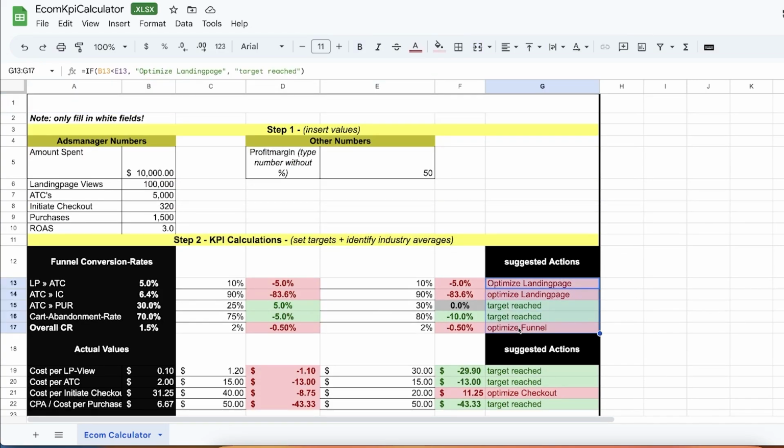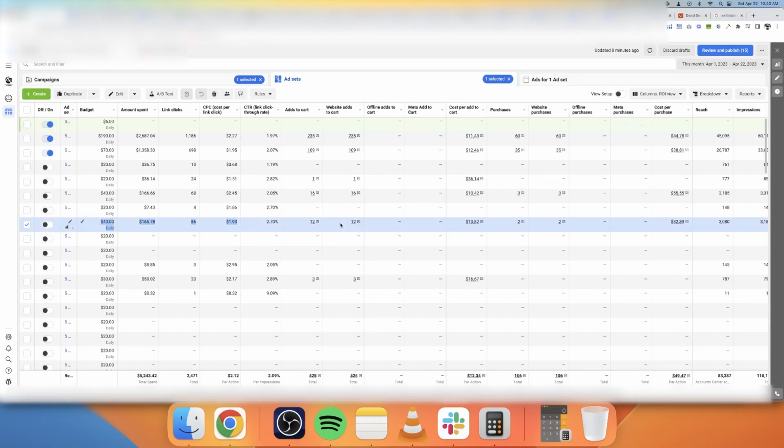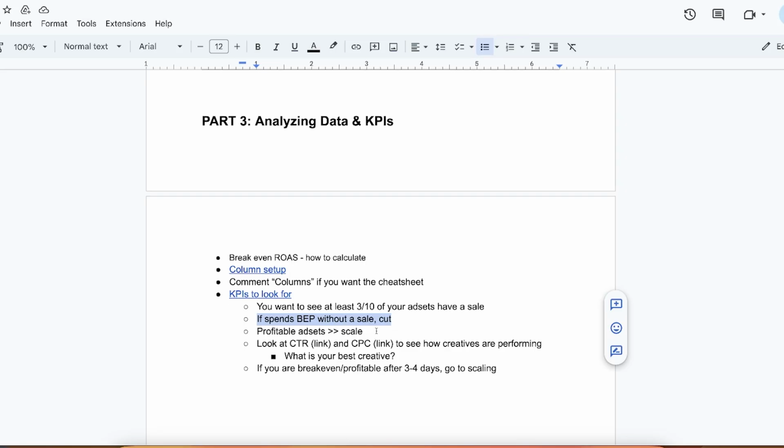This gives you the guidance on what exactly you have to optimize. Do you have to optimize the landing page? Do you have to optimize the funnel? So in most cases, it happens on the conversion side, guys. From my observation, if you have a strong funnel that converts at like 5-10%, then you can buy almost any traffic you want. Even if your ads kind of suck on the front end, you will still be profitable. For that reason, it's super, super important.